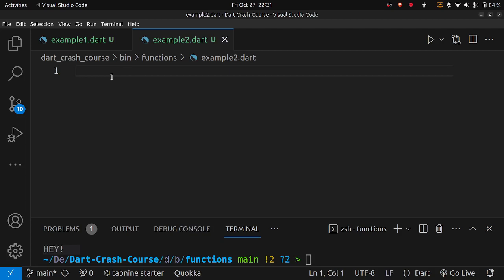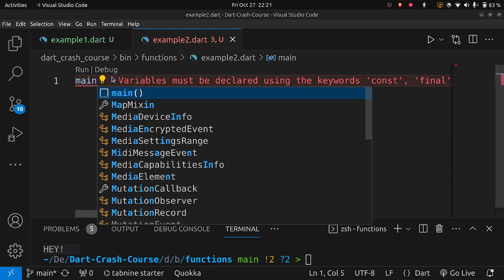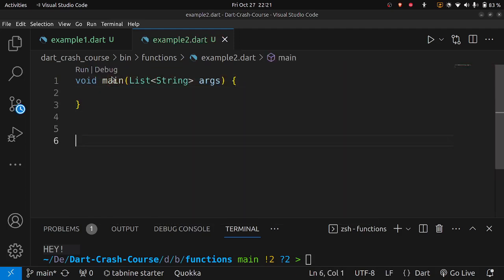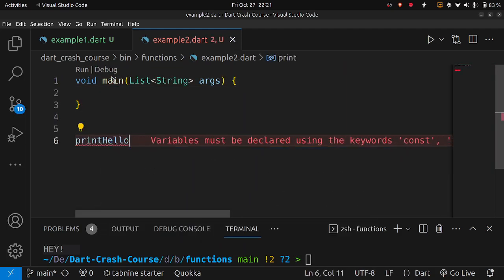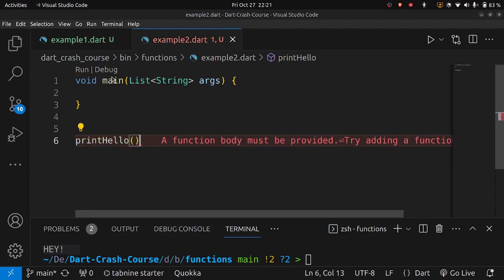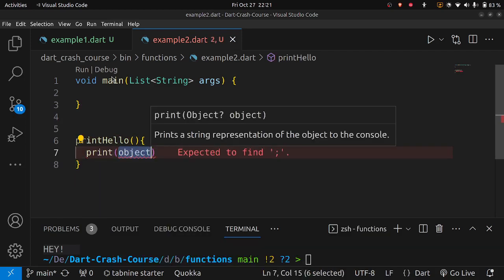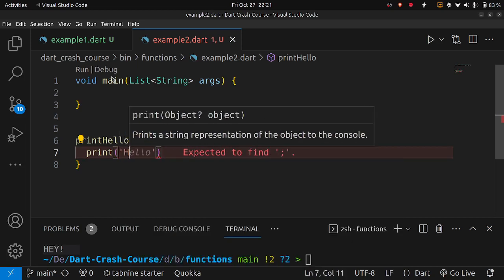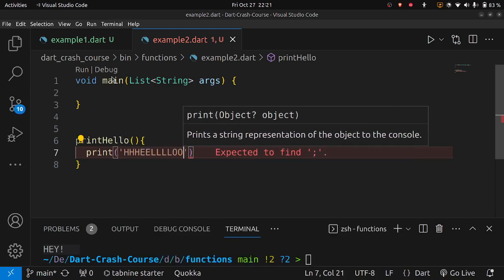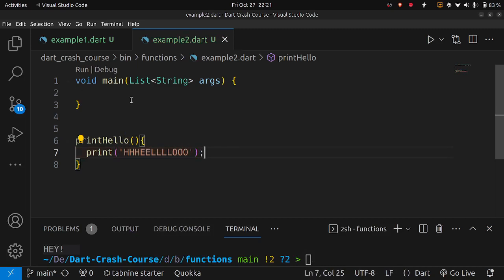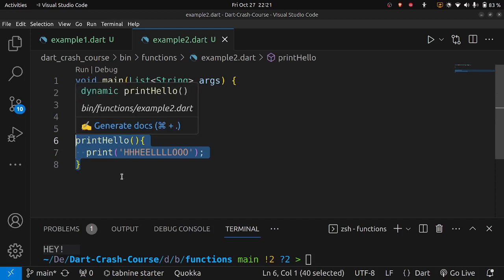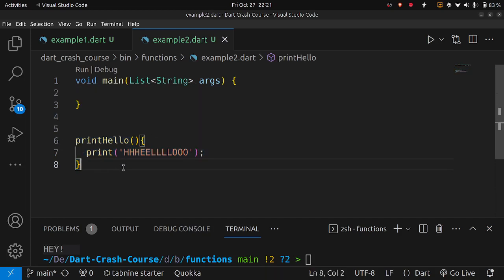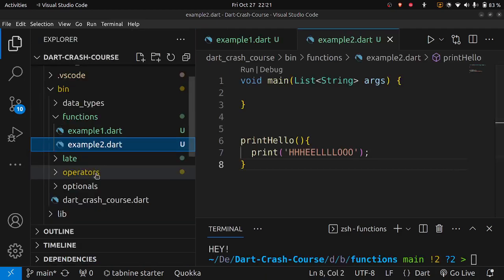Now, let's say for example we had something like this, say print hello, and this function just prints hello. You see here that we're able to provide this function without a return type, right? Now say we wanted to enforce that this function should have a return type. What we do is go to the